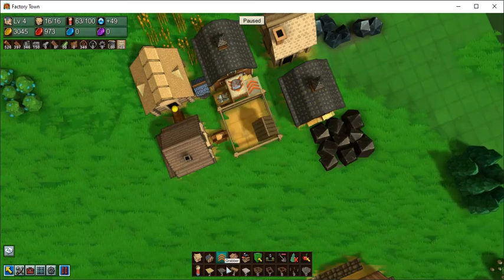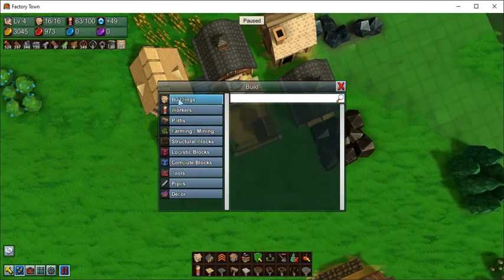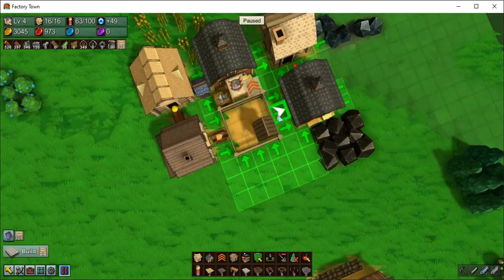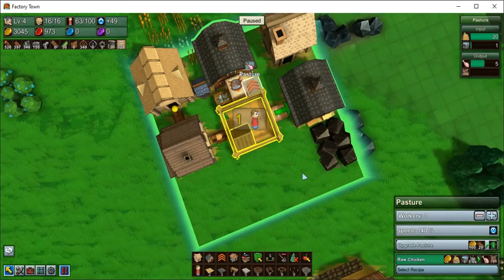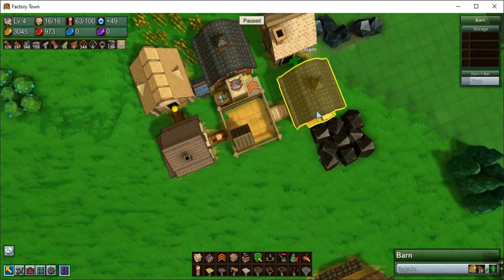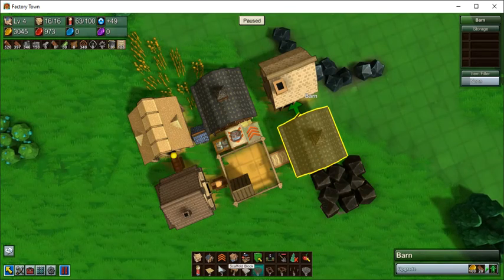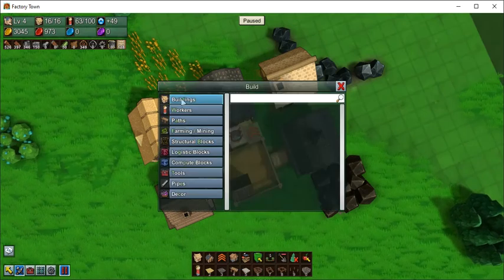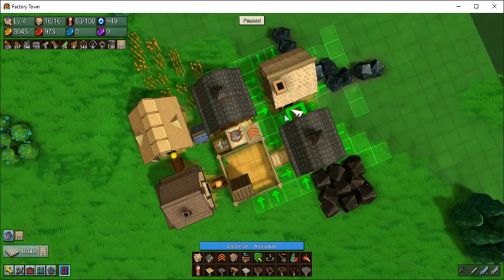Okay, so what I'm going to do here is build a path, cloth conveyor belt going to that barn there, and I can rotate this so that that is actually set. I don't think this needs a filter. It's going to get some raw chicken, and that raw chicken is going to go into the kitchen,